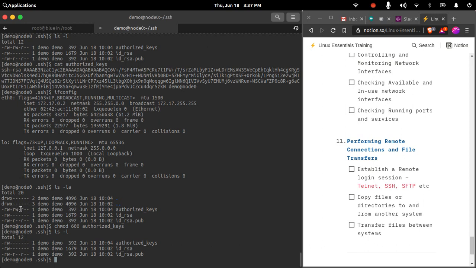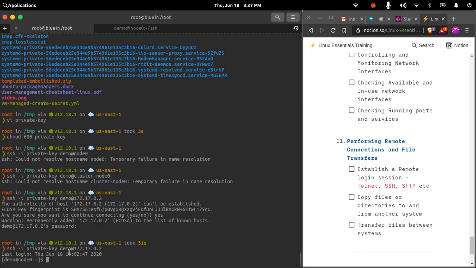But when I close the permissions to only the owner of the file, that is demo user, the numerical representation of this permission is 600. When I do that, I am able to log into the machine with SSH.